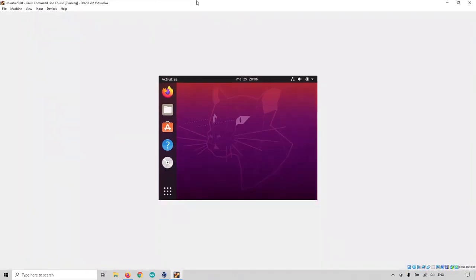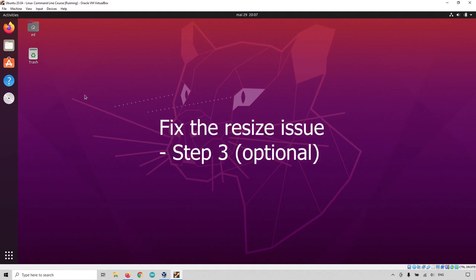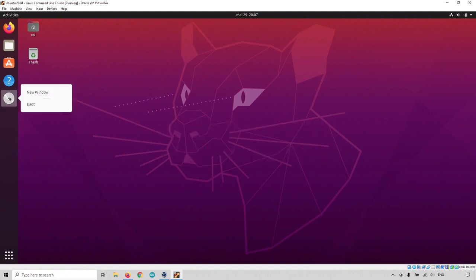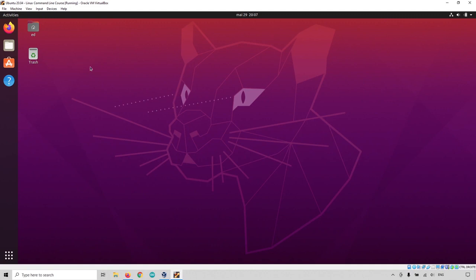And here, the thing is that it's working. So you need to resize the window and Ubuntu will resize directly inside. Note that on some occasions it was not working the first time, so the window was still small inside the virtual machine. In that case, and this is step 3, which is optional, if it's working now, you click here, eject the disk, you click back on devices, insert guest additions CD image,